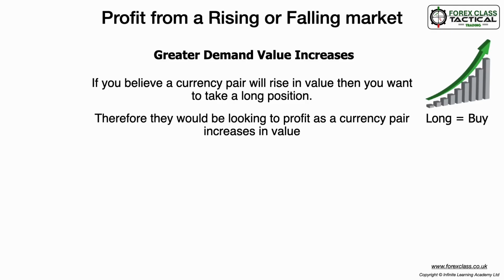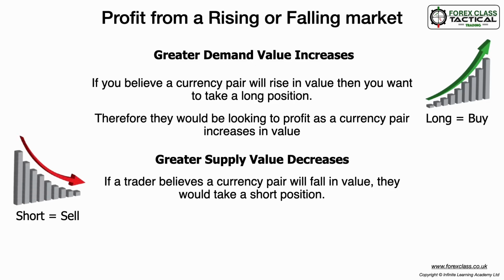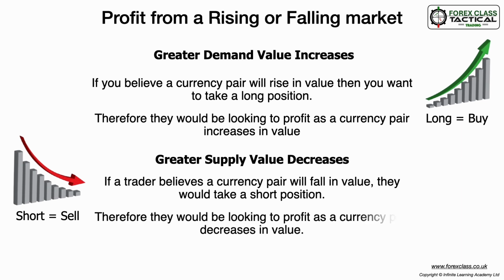On the flip side, if there is greater supply, the value of the currency tends to decrease. If you believe a currency pair will fall in value, you would take a short position, meaning you're selling the base currency and looking to profit as its value drops. This is known as going short or taking a short position. You sell the base currency and buy the quote currency. You want the base currency to fall in value, and then you would buy it back at a lower price. This ability to trade both ways, buying in uptrends and selling in downtrends, is what makes Forex such a flexible